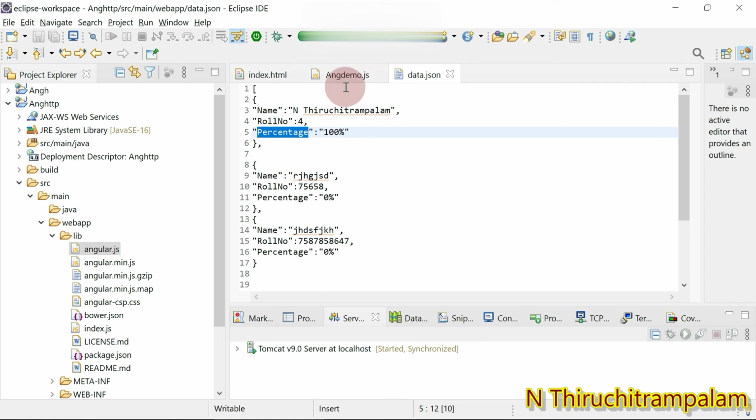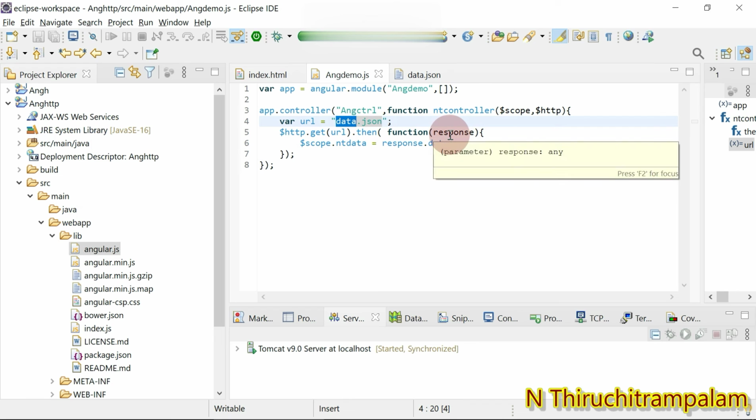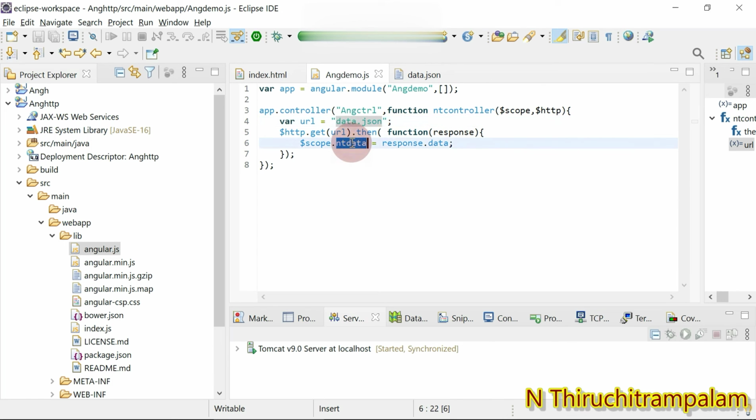Data.json is the actual data that's been read using the $http dot get method. All right, so here we pass in the URL which holds the data.json. So once the data is read, that's been stored to the nt data property using the method which holds the argument response. All right, so that response dot data has been assigned to the nt data property. All right, scope property, the property name is nt data. Okay,